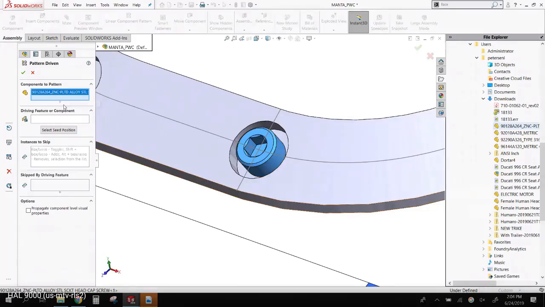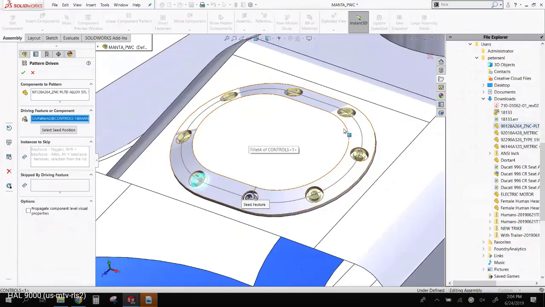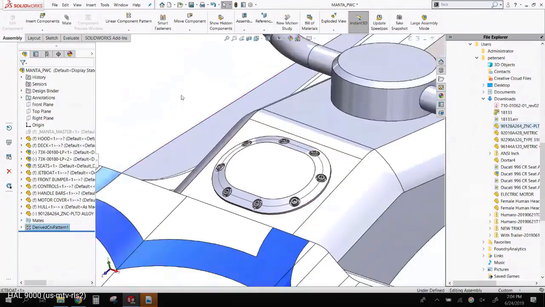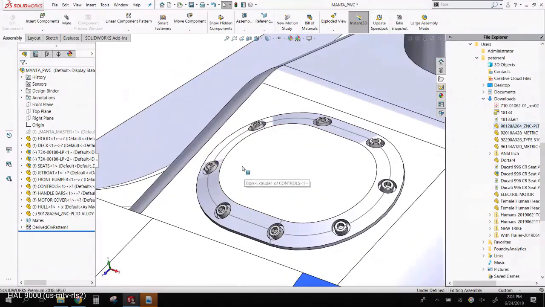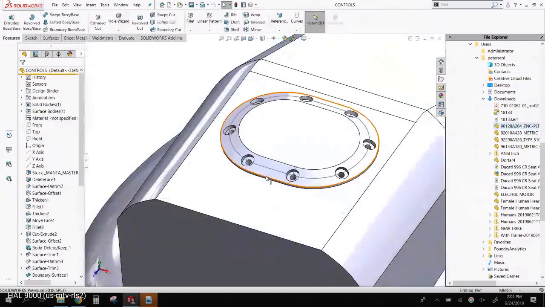What you do is you say, I want one of these, and you can pick more than one. If you have a stack, if it's got washers and nuts and all that, you can pick all of the stack. And then just pick one of the features that it's supposed to go in, and it'll do all of them. So anytime you see one of those counterbores, give me a hole. The reason that I prefer doing it this way is that if I go into this part,